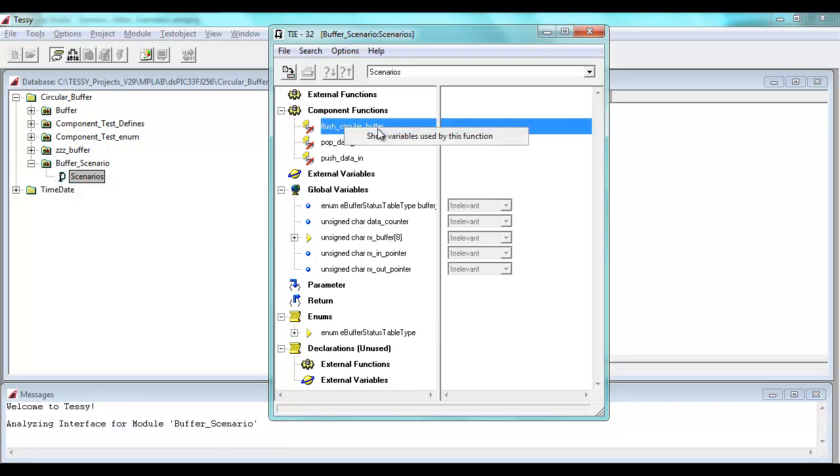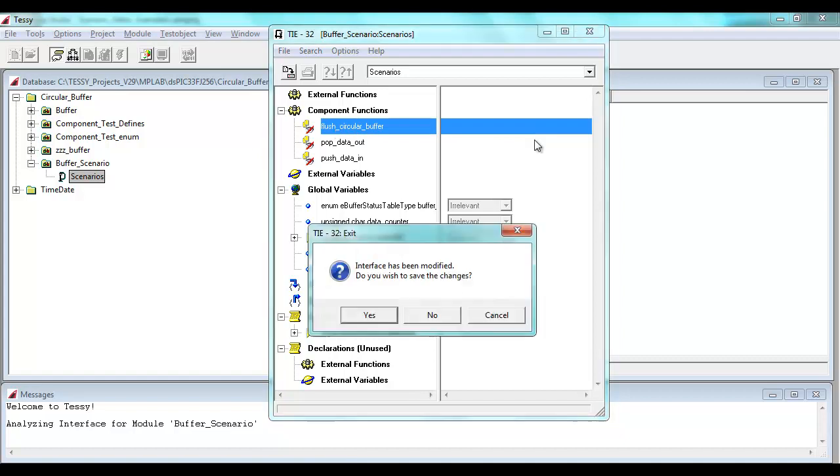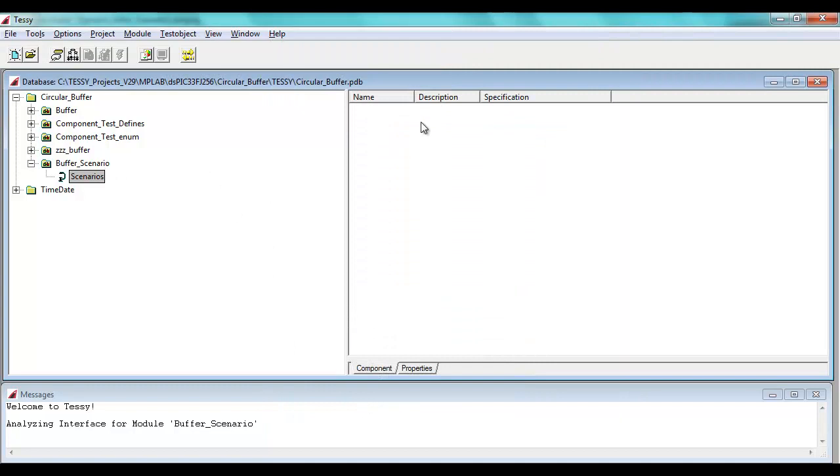If we want to make them available such that we can create some tests so we can actually look at those variables, then we can do that here. So by doing right click, we can show the variables used by this function. For this particular example, we're not particularly interested in what's happening with the variables, so we won't select that feature. I close this down. We'll be asked to save our changes, which is yes,